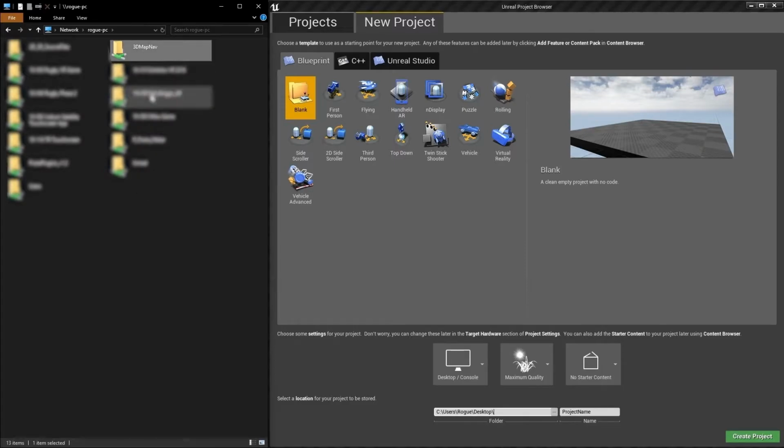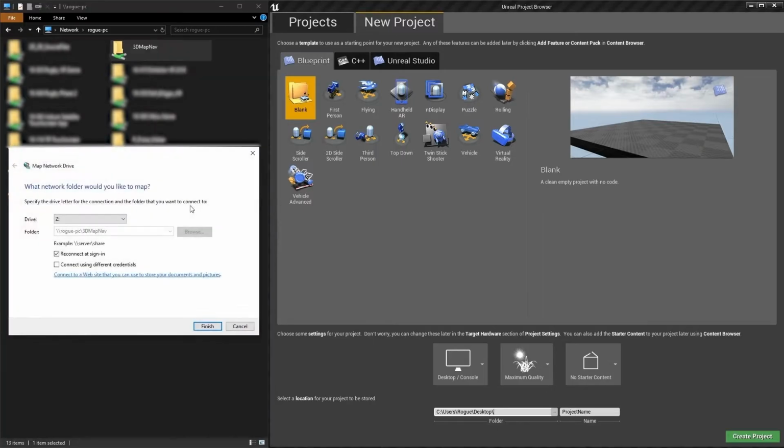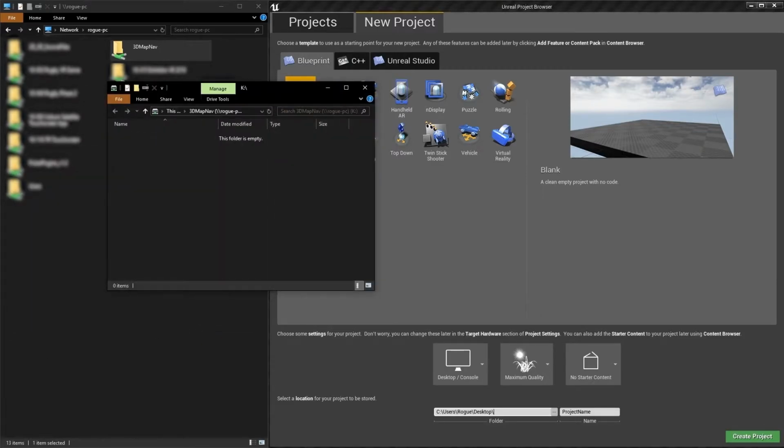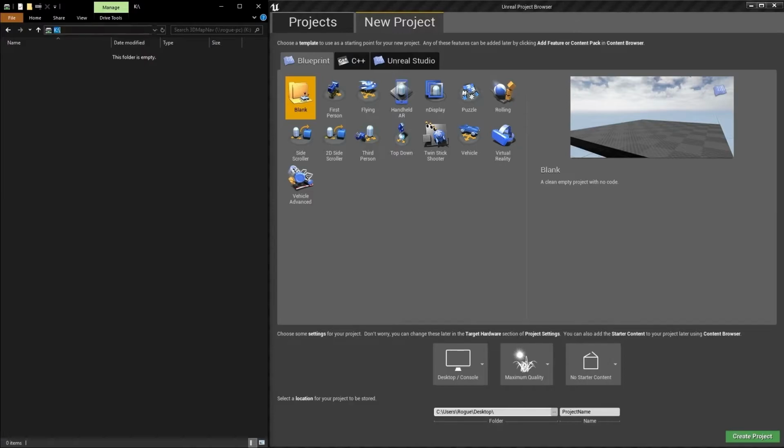Right-click on the 3D Map Nav folder and select Map Network Drive. I'm choosing K, but you can select any unused drive letter and click Finish. Now the K drive is mapped to the 3D Map Nav folder, and we can now use that folder path inside of Unreal Engine. Let's put K:/ in the folder path and name our project Studio Showcase and create the